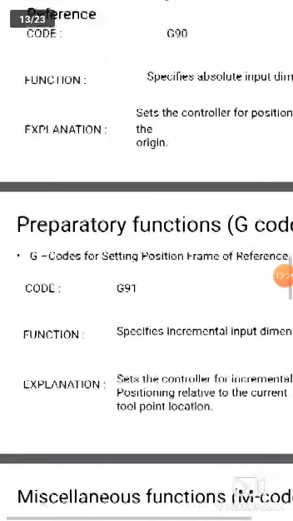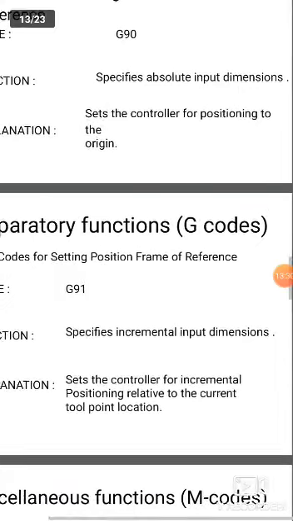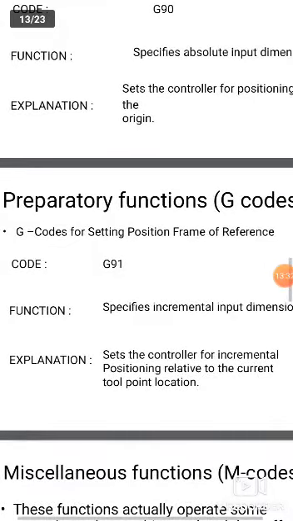Next is G91. What is that? It specifies incremental input dimension. Here we are writing dimensions in incremental form. Whereas G90 is written in absolute dimension, G91 is written in incremental dimensioning.